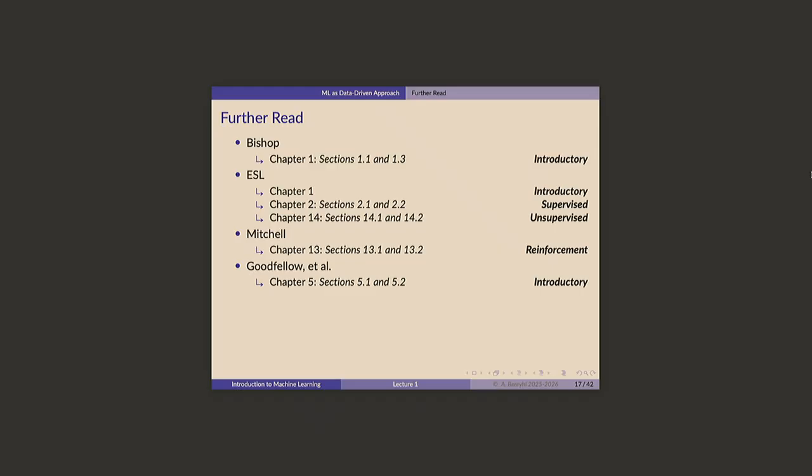This is the original, the main textbook, as I told you. Tibshirani's book, ESL, you can take a look. These are the other things. I would say that Bishop is the best one if you want to take a look and just get a bit of reading on the introduction. Okay, so